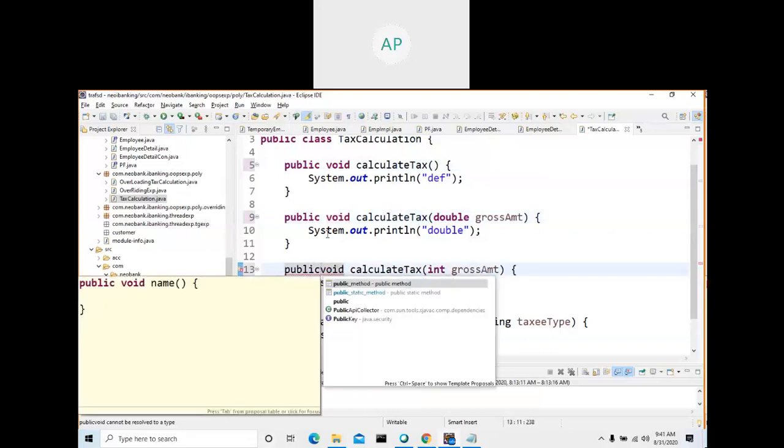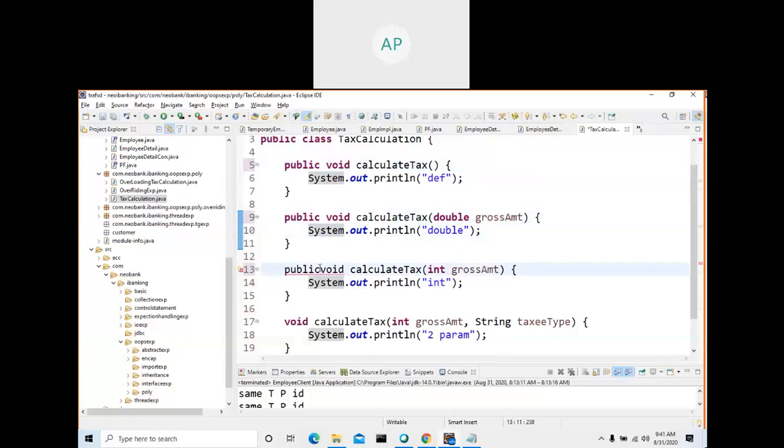So let me make the visibility public so that you can access this method by using an object reference variable. Already I told you, you can access a member of a class either by using an object reference variable or by using the class name if the member is static.